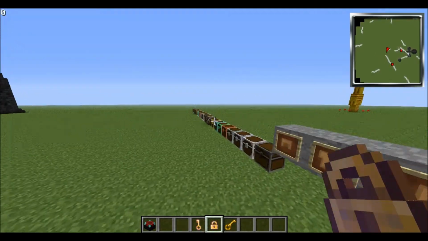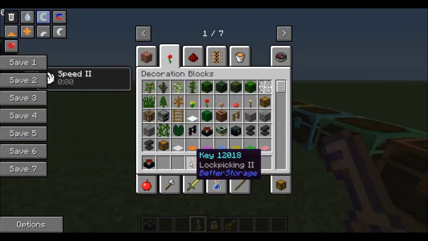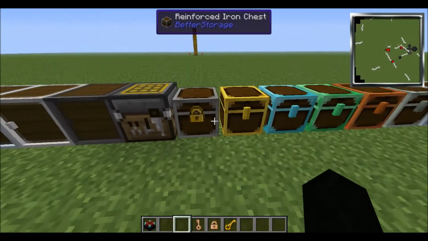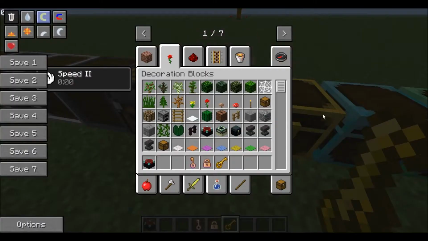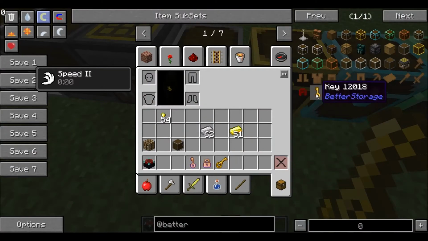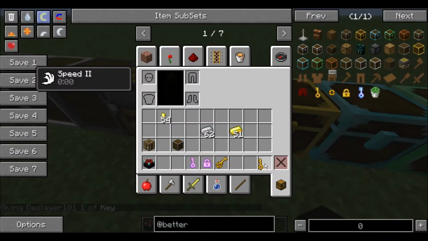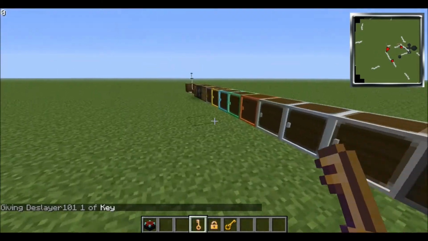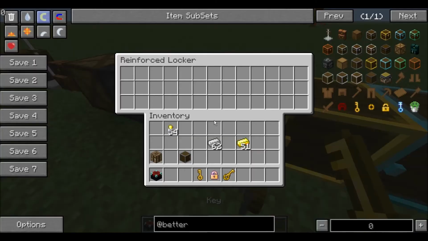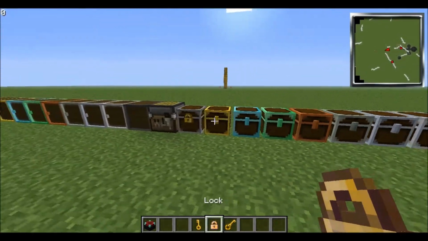So basically, if it was a different key, so this is a different key. Right here, it lets me in. But let's get a different key that's not enchanted. This is a different key. It doesn't let me in because it's not the right key. But if we use our enchanted key, bam, it'll let us in, no matter what, because this lock has no protection on it. So to prevent that, you can...